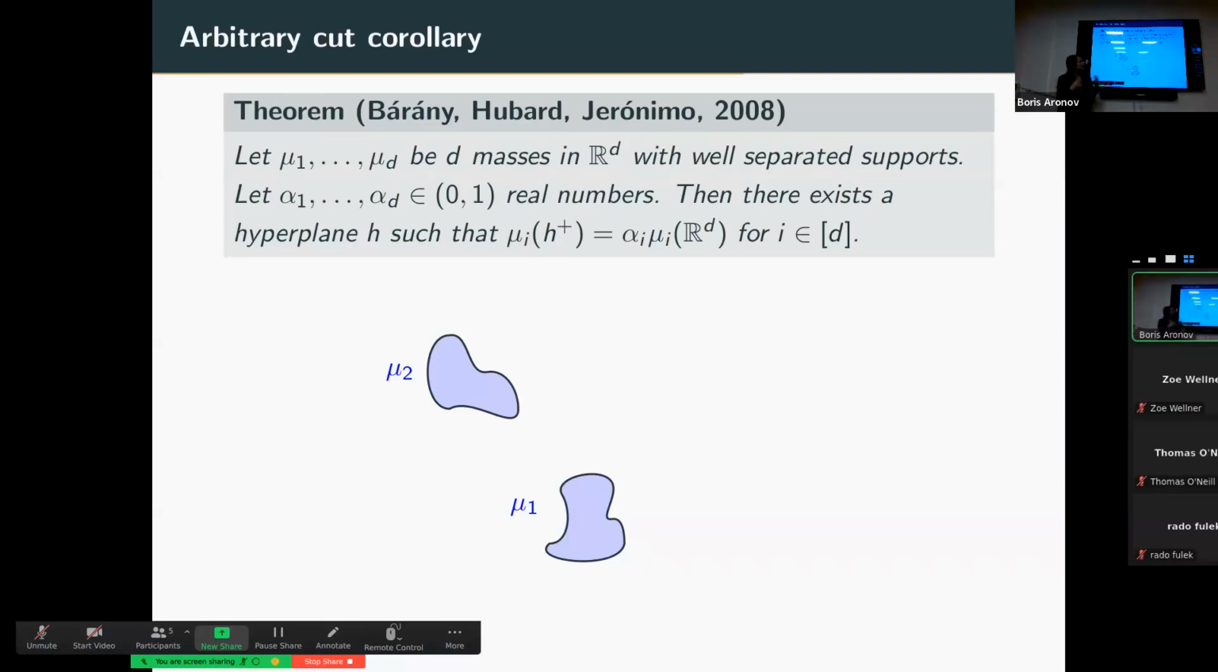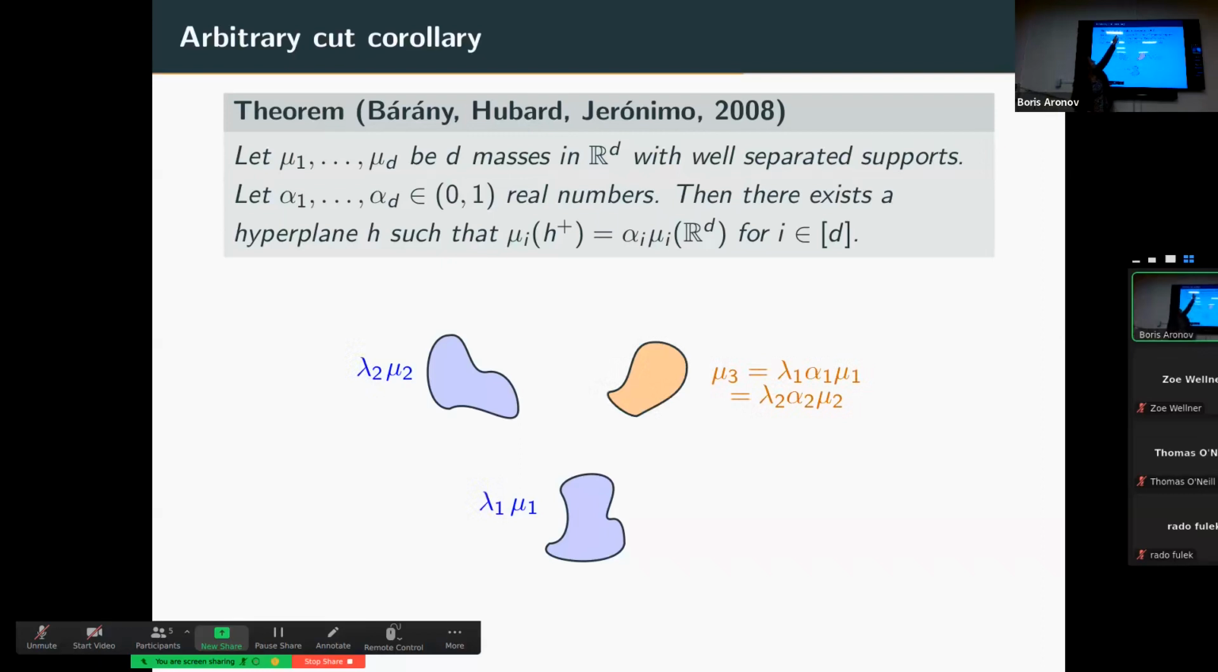Then you have some hyperplane such that you have exactly the amount you want. So like 1/2 of your first mass, 1/4 of your second mass, 1/8 of your third mass, and so on, for all of your masses at once. And the way that you can get this as a result of your Chi-Fon style ham sandwich theorem is you